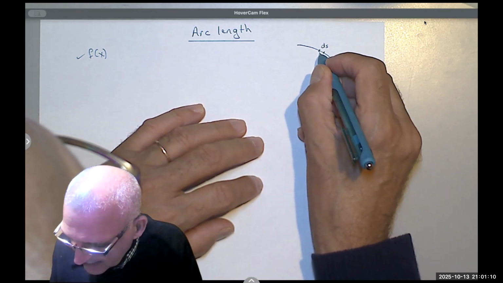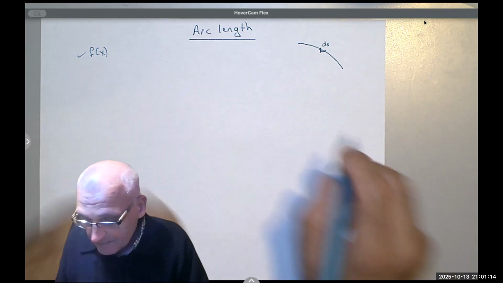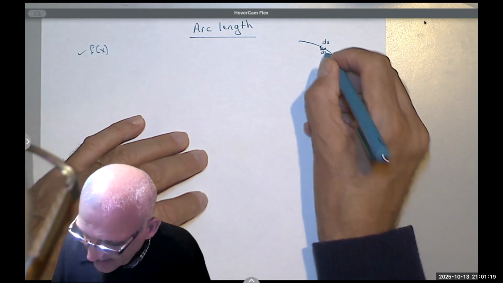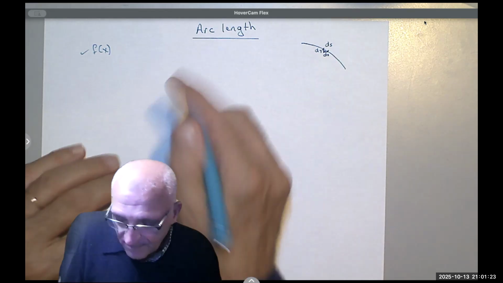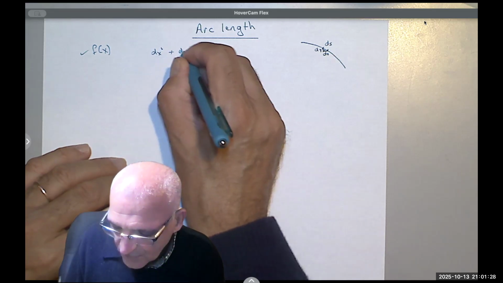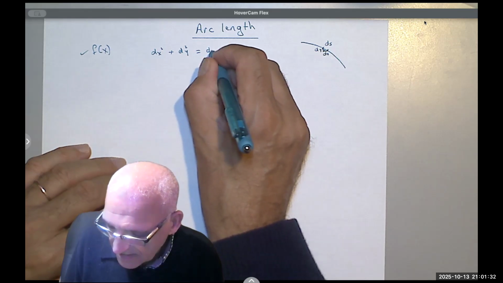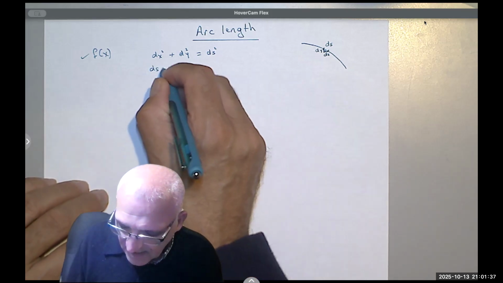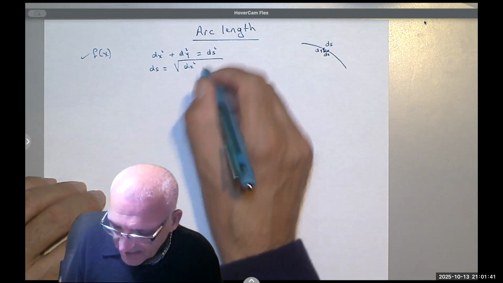you can form a right triangle, a Pythagorean triangle, in which case the base would be dx, the height would be dy, and the equation relating them, as you all know, is dx squared plus dy squared equals ds squared. Meaning, if I want to get ds, I will take the square root of dx squared plus